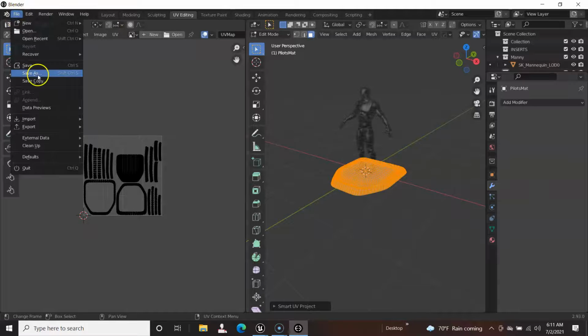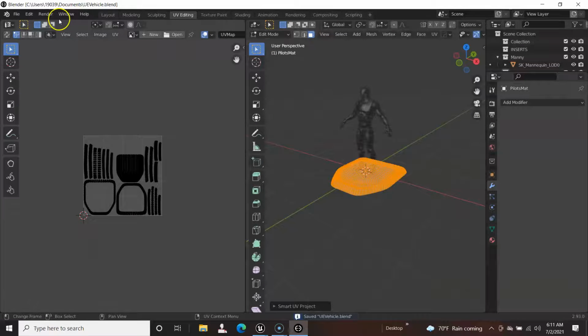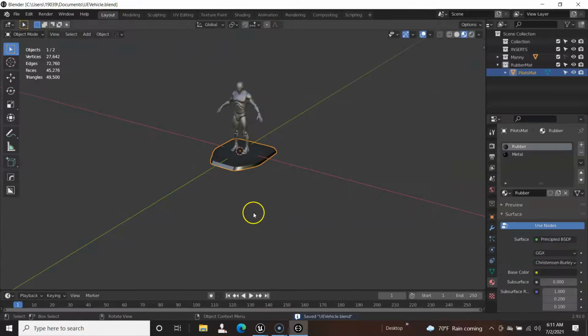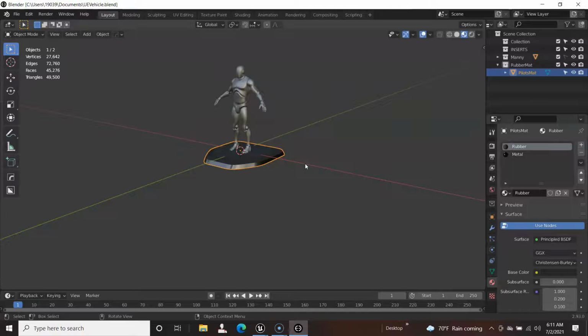Alright, I got that done. Save the file. Name it whatever you want. Make sure you use naming conventions that will help you the day that you're working on this stuff, because you can amass quite a few blend files before you know it. Alright, go back to layout, and I'm pretty sure that we're about to